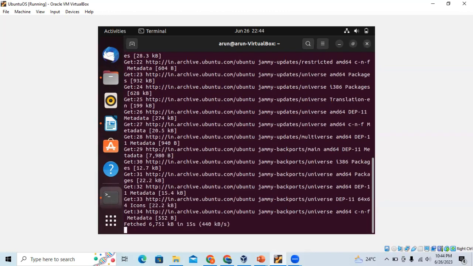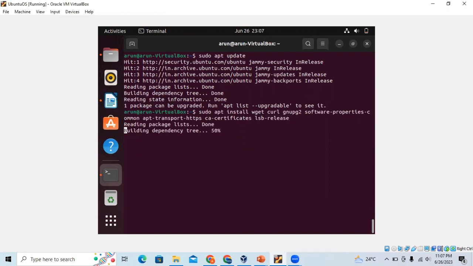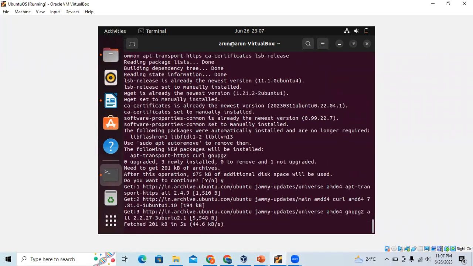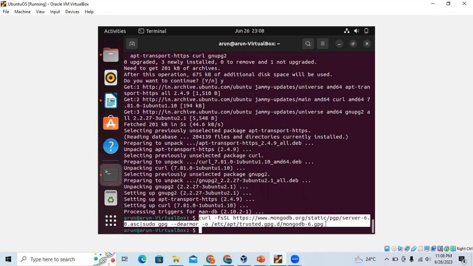So the system update is in process. Let's wait for some time. We are done with updating the system. Now let's go to the next step. This step ensures the system is updated properly. Once we have done with the update of the system, let's import the MongoDB public key on Ubuntu. This step imports the MongoDB public key on Ubuntu